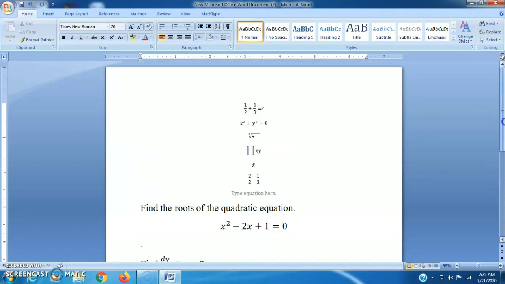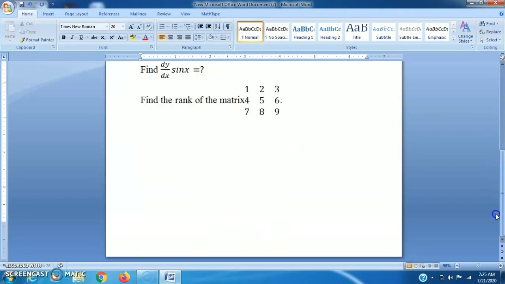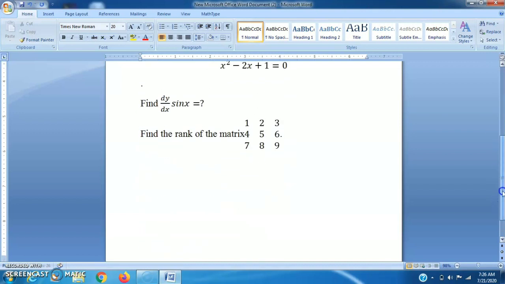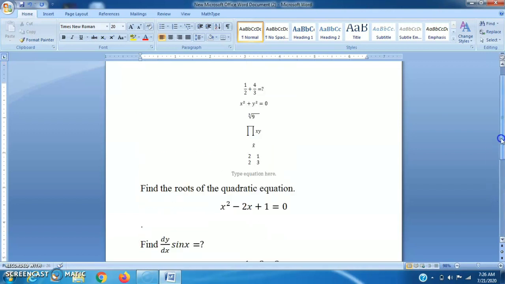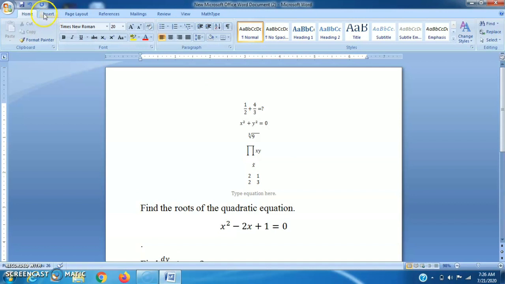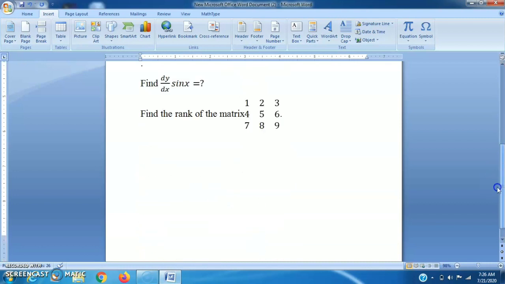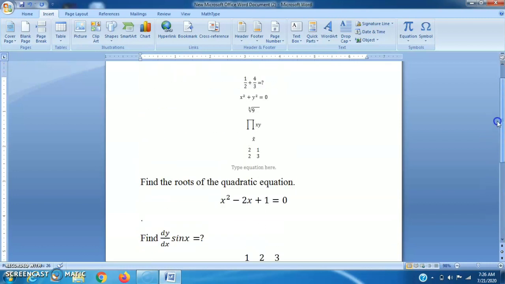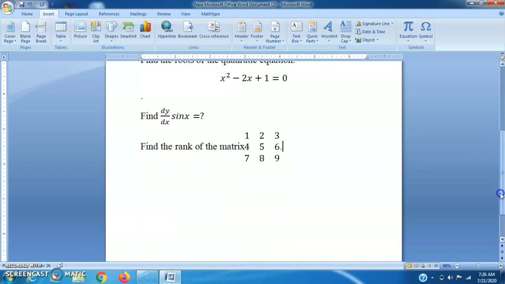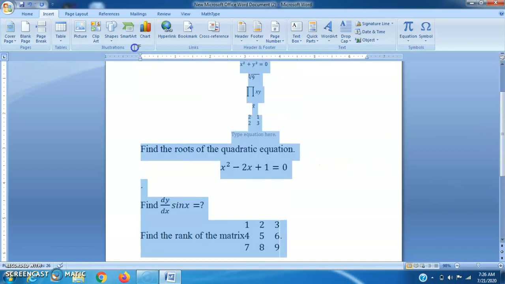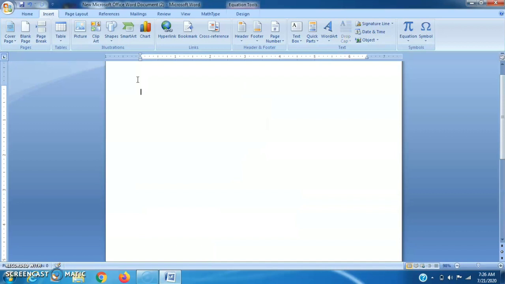So friends, in this way we can insert any type of mathematical equation in MS Word. We have to just click on the insert tab, then on the equation button. In this way we can insert all the equations we require. Now there is one more option. If we don't want to use the inbuilt Microsoft insert option, then we can type it another, professional way